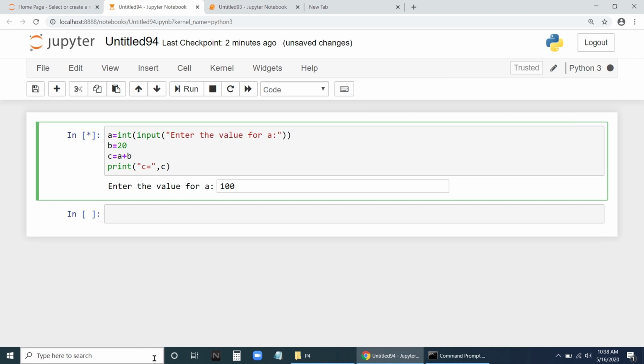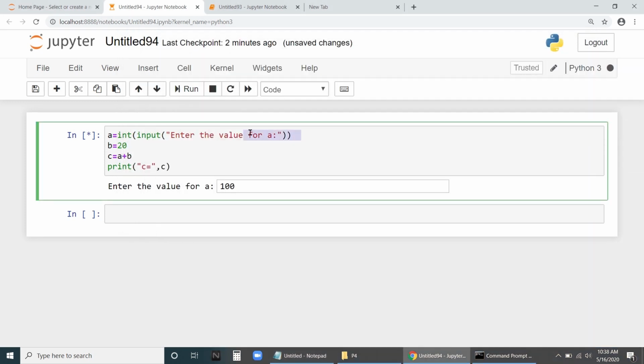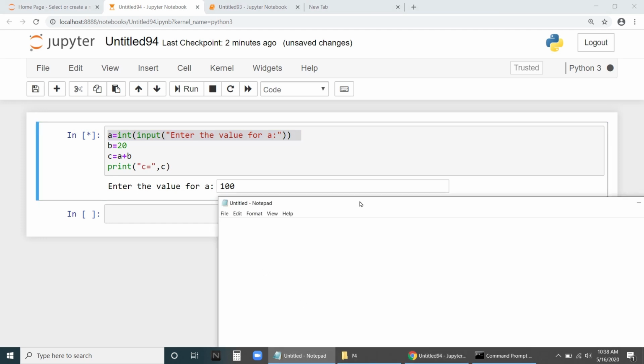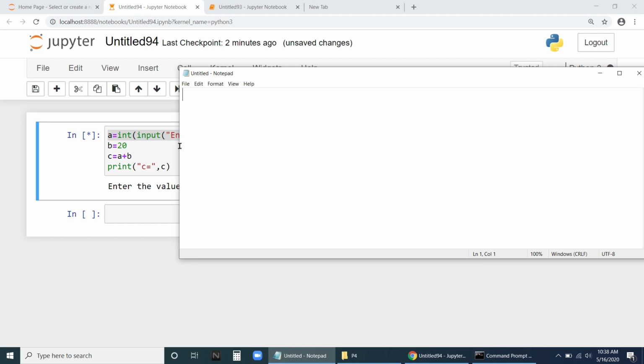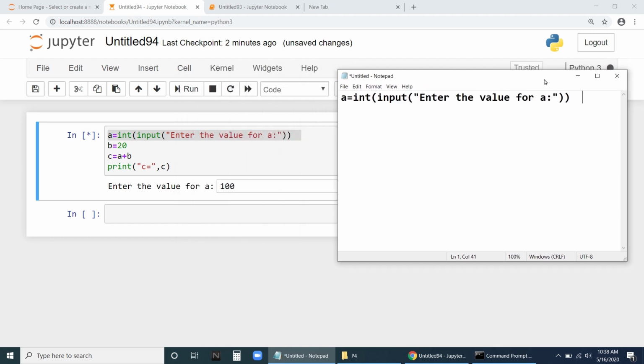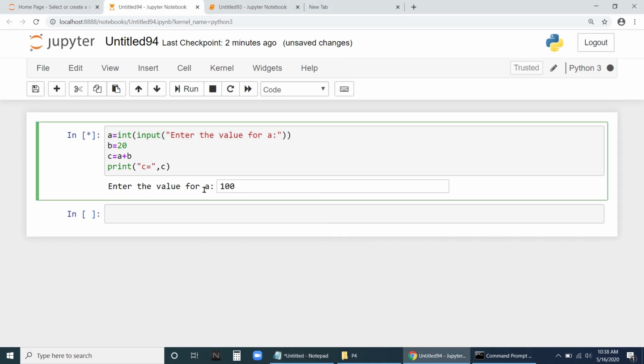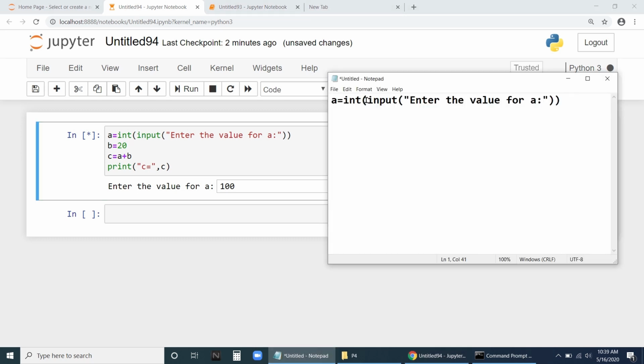I will take a notepad to explain this. So what happens is, just copy this. I'll copy this, the notepad. I'll paste here. Now this is the thing. Now 100 I'm giving, the entire thing will be replaced by 100.